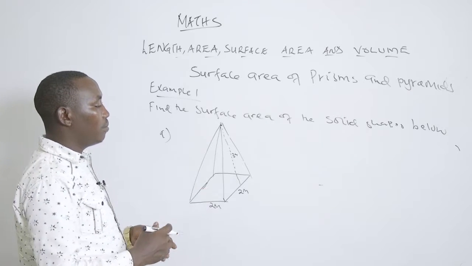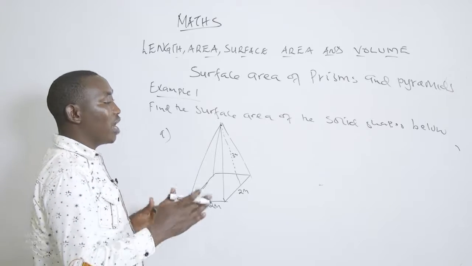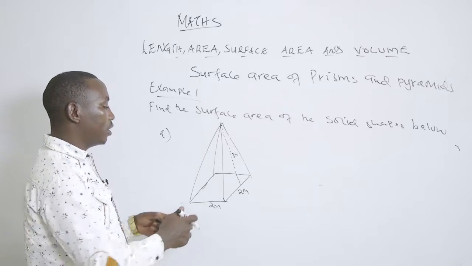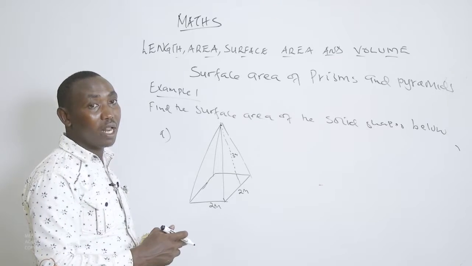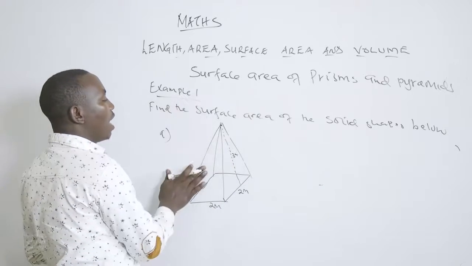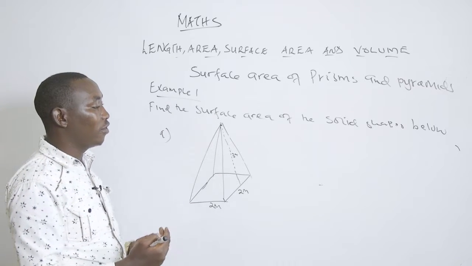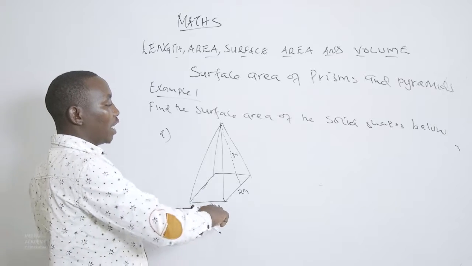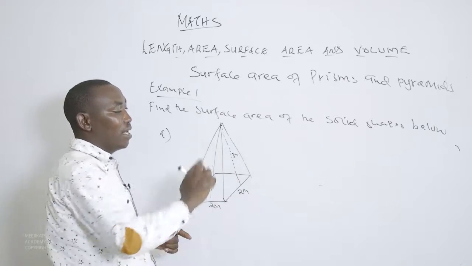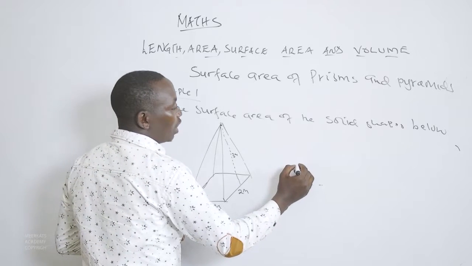Like in this case, from this particular point of view, you'll understand that we're going to have 4 different triangles because it is a square-based pyramid, and a square-based pyramid has got 4 sides. So each side has a triangle attached to it. So in essence, we have 4 triangles measuring a base of 2 meters against a height of 3 meters. So if we were to draw the net